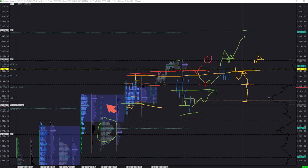And if we break below yesterday's lows, then, well, the overnight low is going to be the first sign that we might be heading lower. So if we make a strong move to the downside and break below overnight lows, then I might see some potential shorts, or from yesterday's lows, but it is like 30 or so points, so not sure if I will be catching